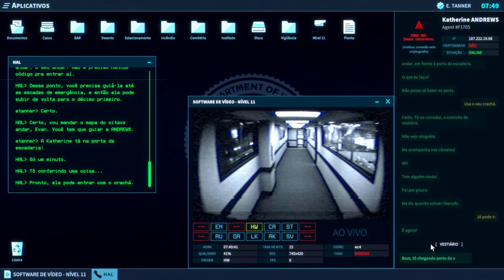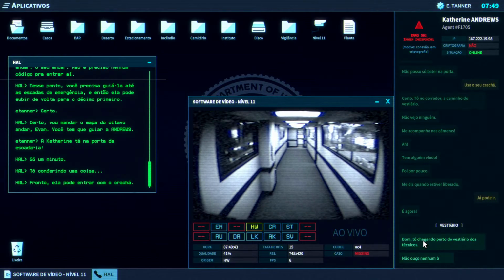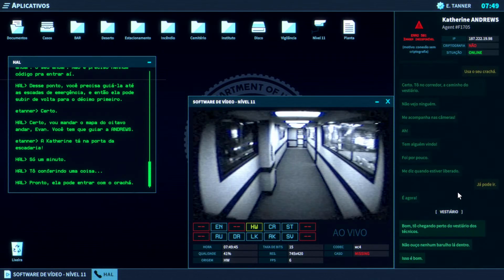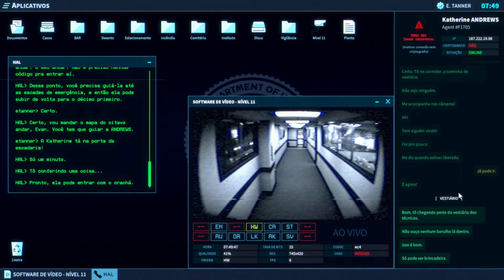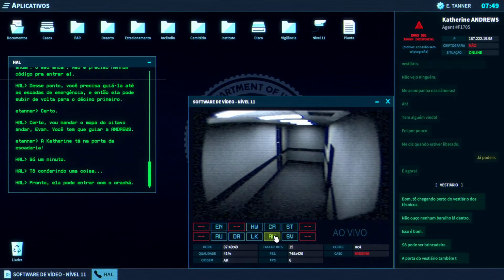Okay, I'm approaching the technician locker room. I'm not hearing any noises from inside. That's good. You gotta be kidding me. The locker room needs a code too.